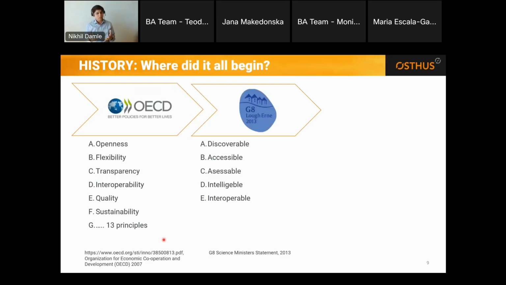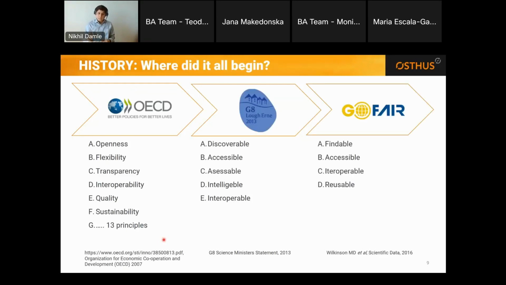And by this time, the industry players also started becoming aware of the importance and relevance of data, or verification of data, so to say. And all this culminated into the foundation of the GO FAIR initiative. A diverse set of stakeholders were involved in this, including academia, industry, even funding agencies and governments, in establishing these FAIR principles as we know them today.